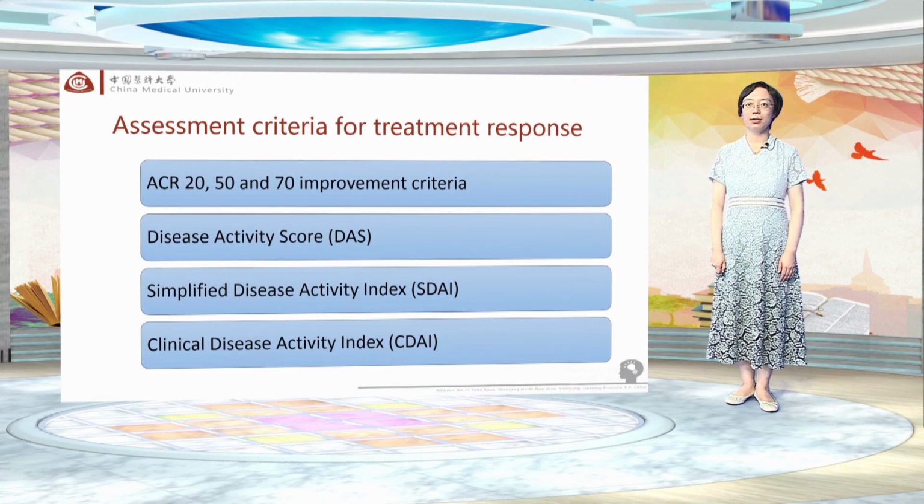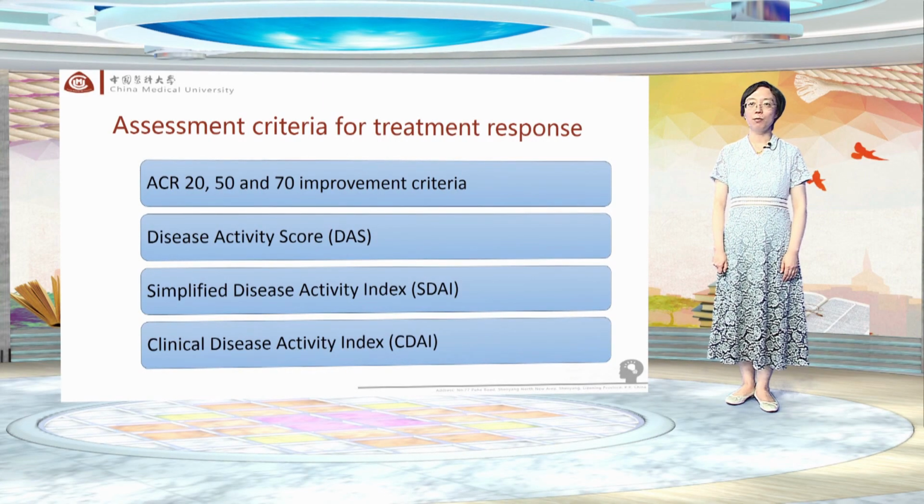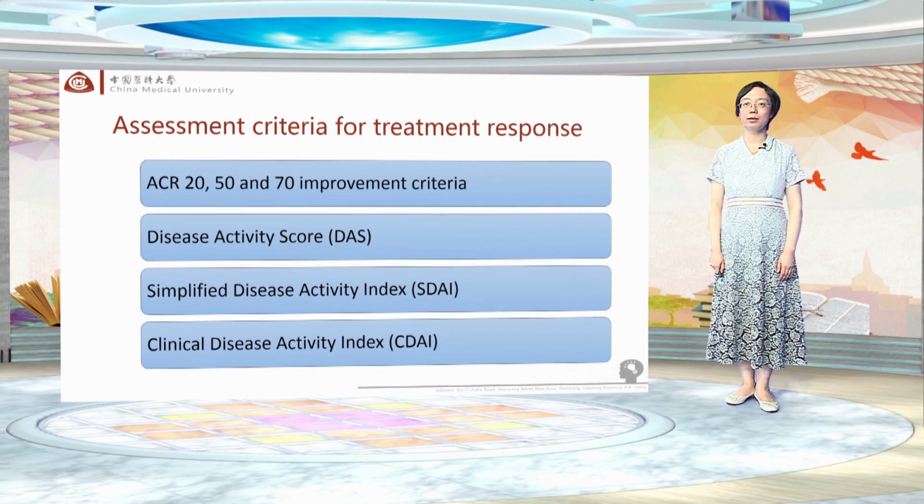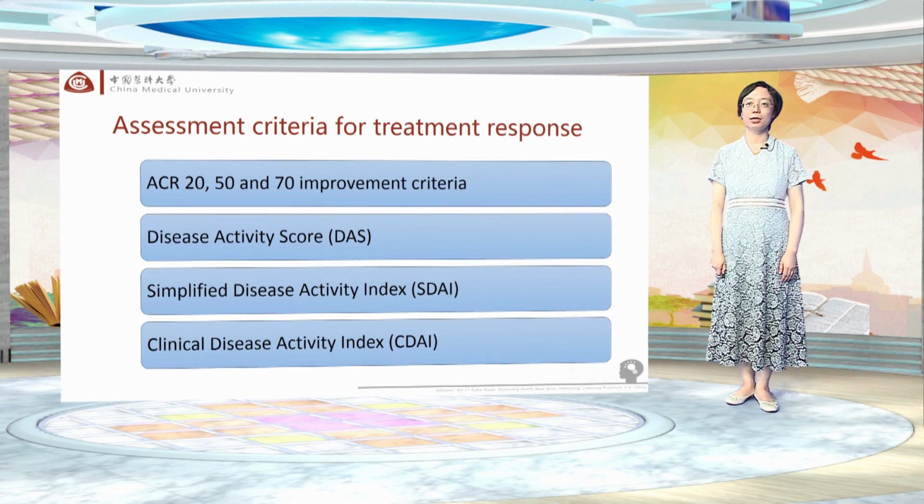It is important to assess clinical disease activity scientifically, so several composite indices have been developed. The ACR 20, 50, and 70 improvement criteria, disease activity score, simplified disease activity index, and clinical disease activity index. The ACR 20, 50, and 70 improvement criteria corresponds to a 20%, 50%, and 70% improvement respectively in joint counts, physician-patient assessment of disease severity, pain scale, levels of acute phase reactants, and a functional assessment using a self-administered patient